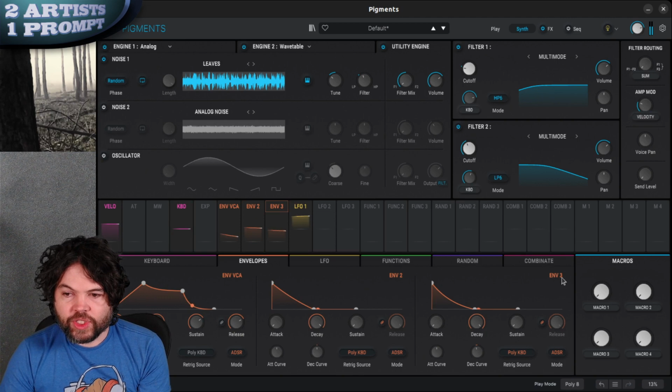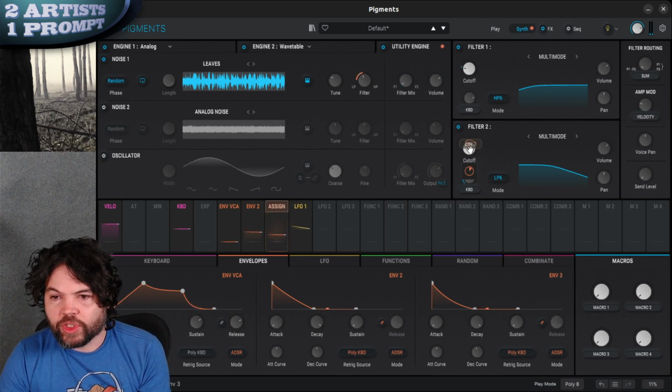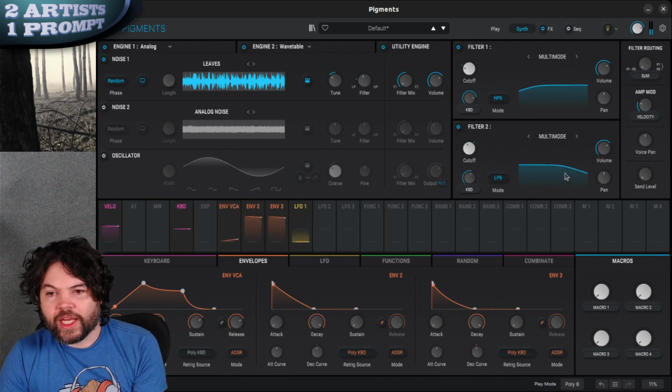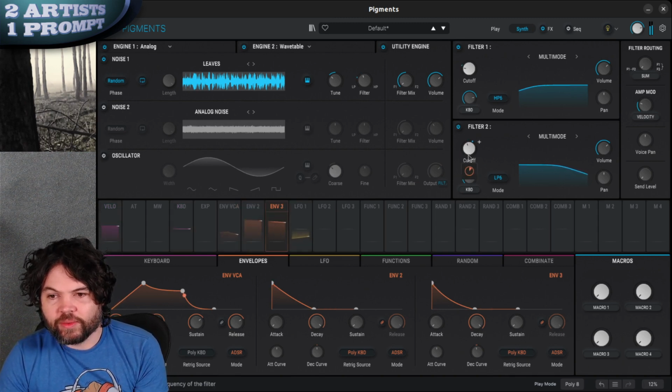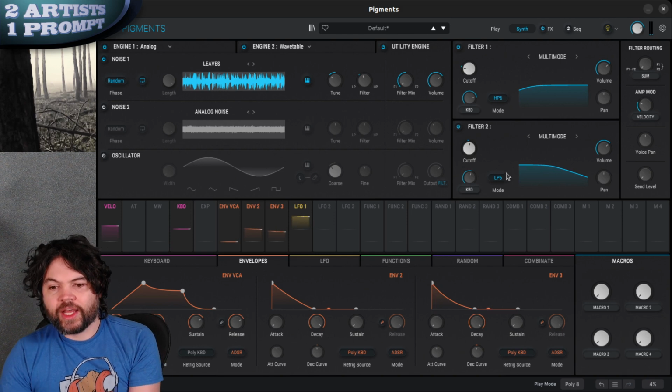So I'm now going to do the same with envelope 3. So envelope 3 is going to modulate cutoff here. And this one, we want it to get higher as we go. So again, this is backwards. Let's set that down a little. Let's increase this and